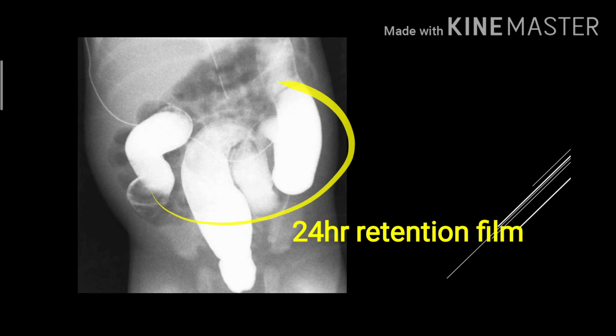But if there is a retention of barium like this in the X-ray, seeing the dilated loops and an equal or mixed distribution of barium like this, we can make sure that it is an HD. It is a strong possibility of HD if the 24-hour retention film shows a dilatation like this. So in most cases, a contrast X-ray and the clinical findings will help us to diagnose whether it is an HD or not. But still there can be some confusion.